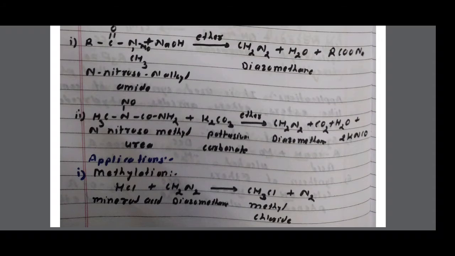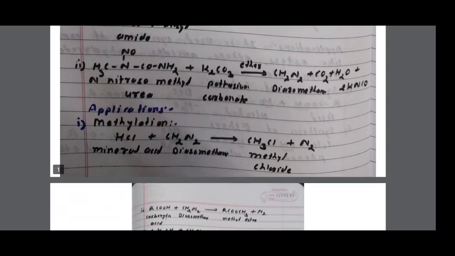These are the two methods of preparation of diazomethane. After preparation of diazomethane, we study here the applications of diazomethane. It reacts rapidly and cleanly, giving high product yield. It is soluble in ether and can be used safely. Its main use is for methylation. Therefore, first we study the reactions of methylation.